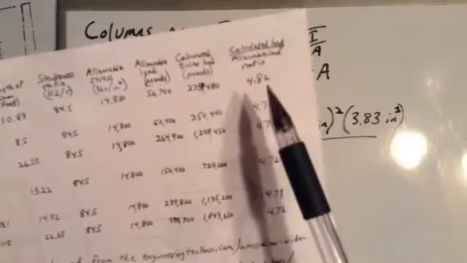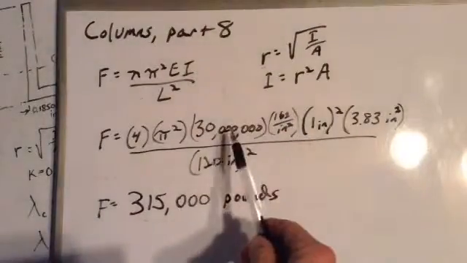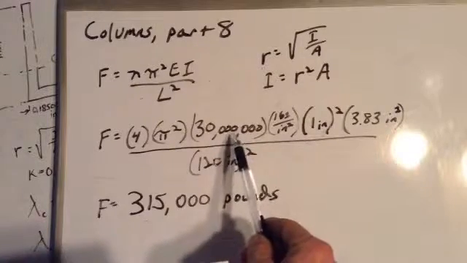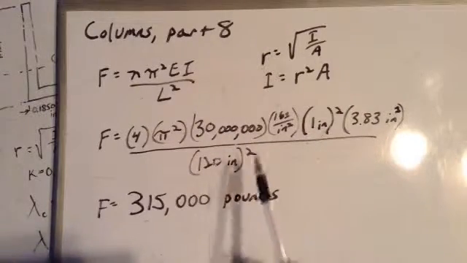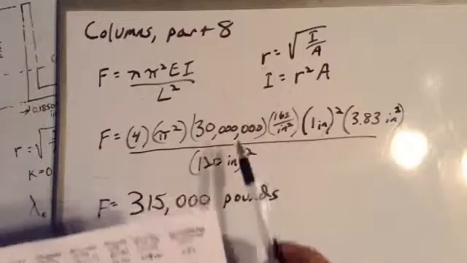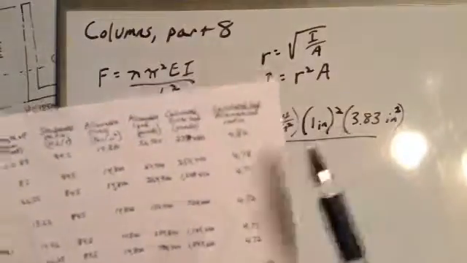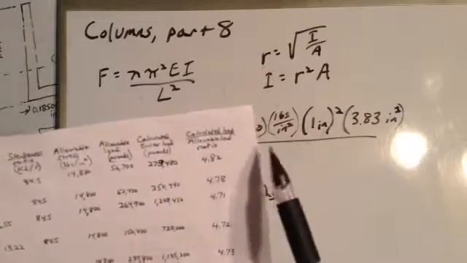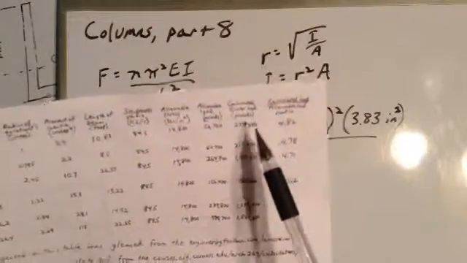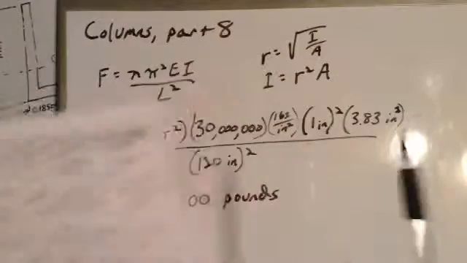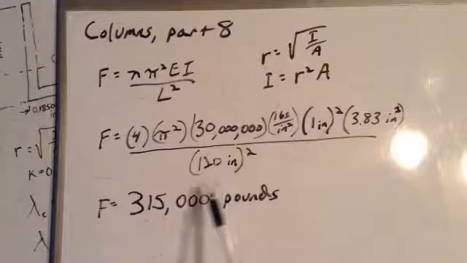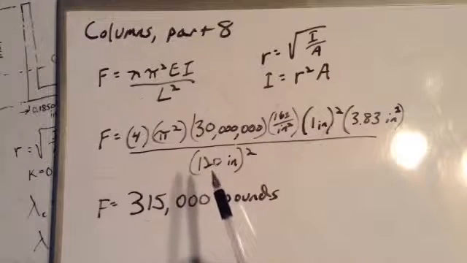Let's see. And I used 30 million pounds per square inch for the modulus of elasticity. That's the first number I learned, but nowadays they're saying 29 million. Steel's not as stiff as it used to be. Okay, and so I did these calculations by using this equation. Okay, and I got 300 and,